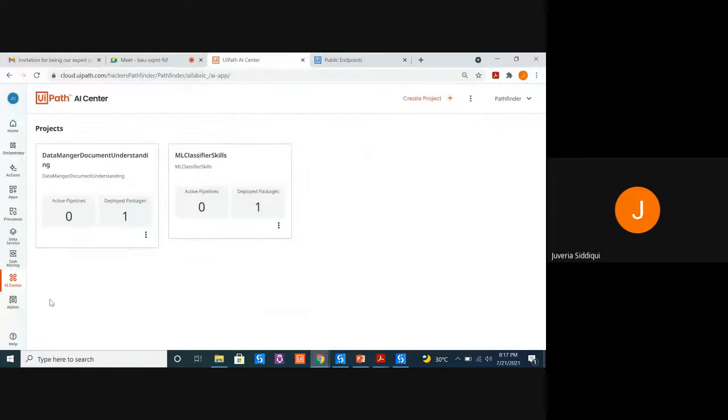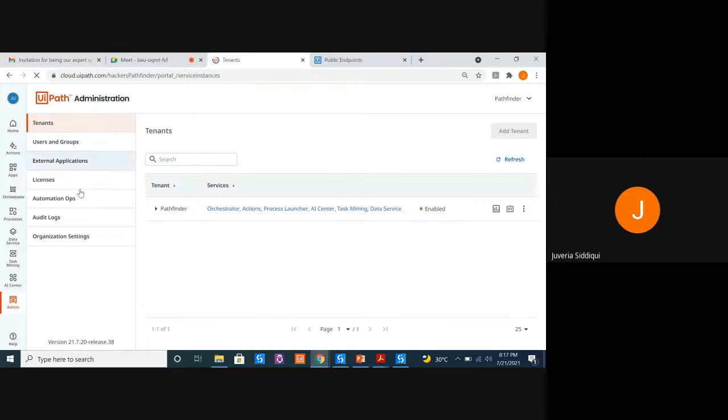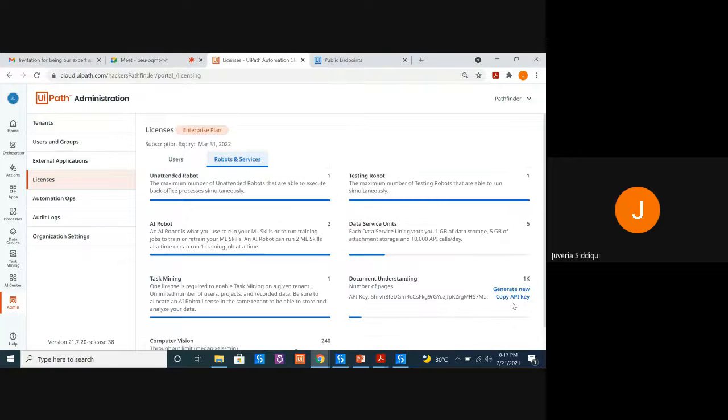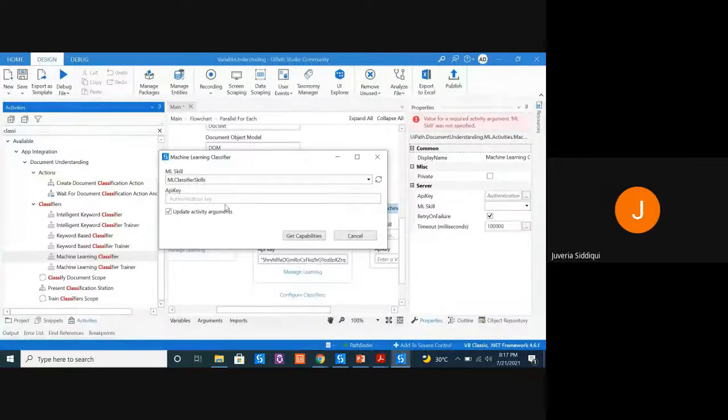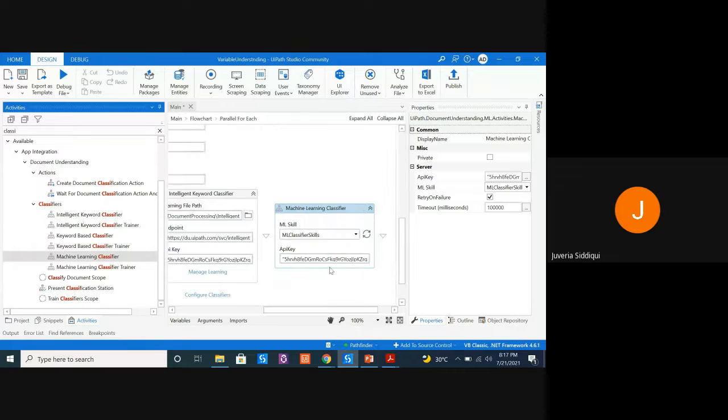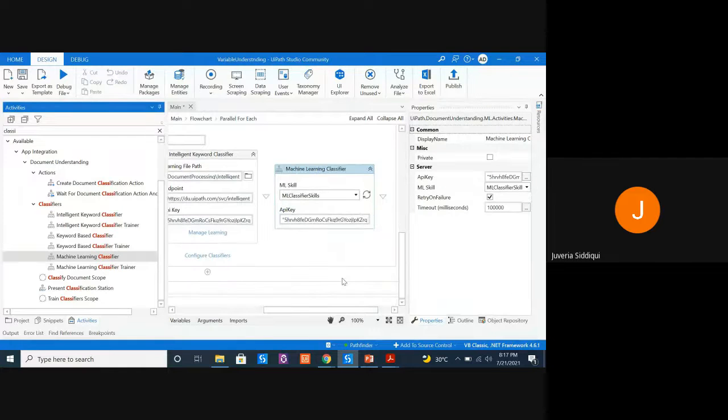Let's get the API key once more, from licenses, robots and services, and copy the API key, and let's provide it over here and get capabilities. So when you click on get capabilities, basically whatever you were doing through managed learning has been done through this way in the machine learning classifier activity.